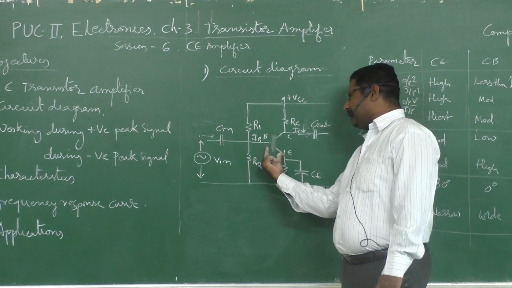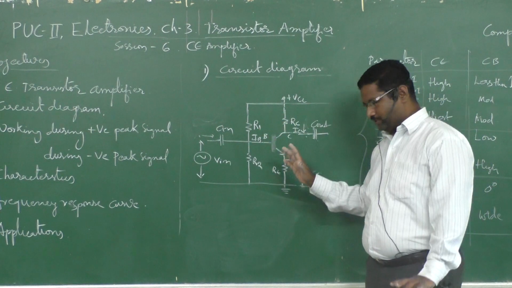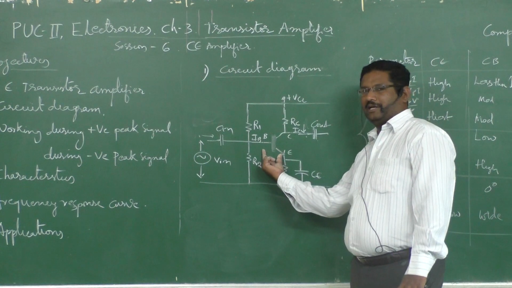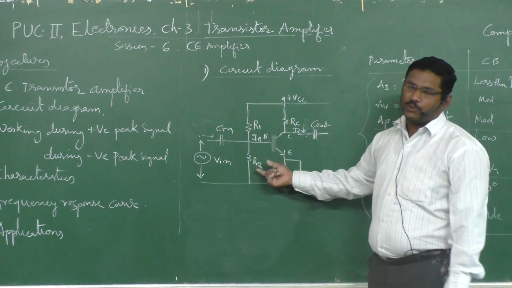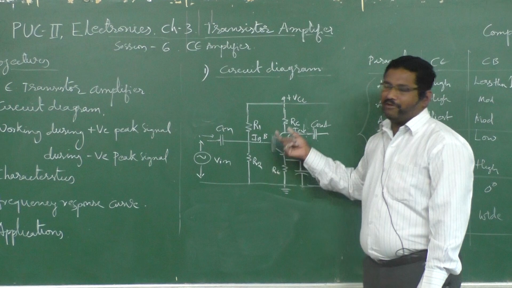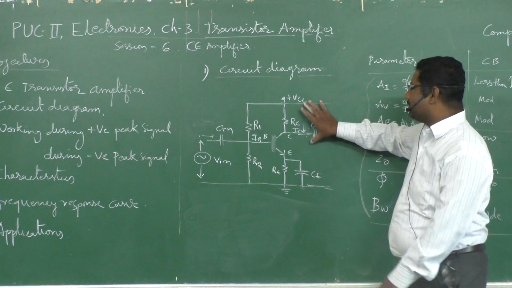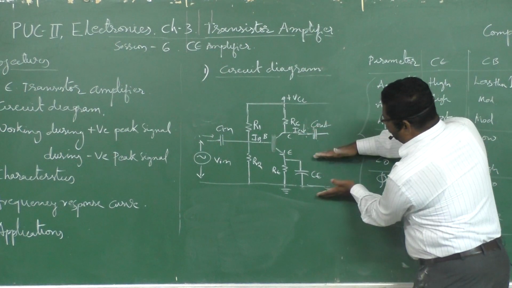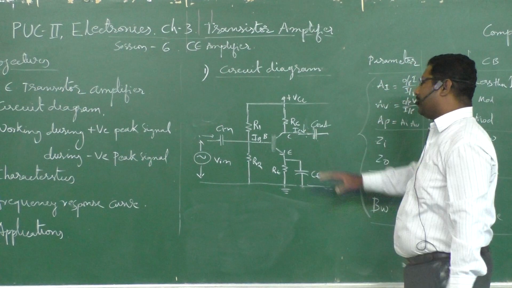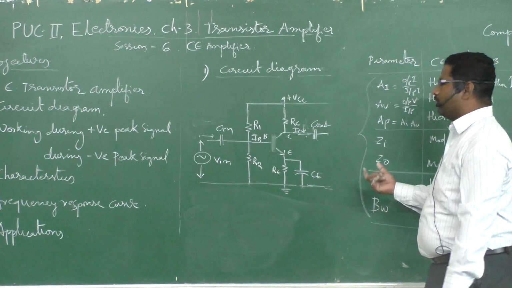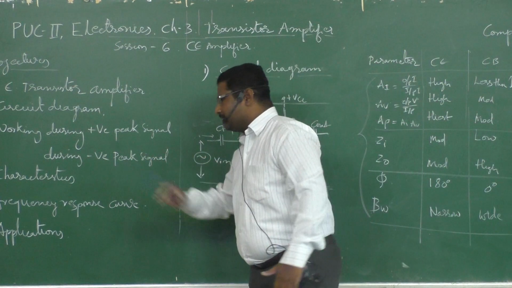For the signal, the emitter input junction is forward biased, so if it increases, it increases; if it decreases, it decreases. Emitter base junction conduction is increased, and consequently input current increases. When input current increases, output current will also increase. When output current increases, the voltage across the output resistance will also change. Whether here it is increasing, here it will be decreased. That you can write in one line, all 5 steps. You can remember that. And then characteristics, we can recall.